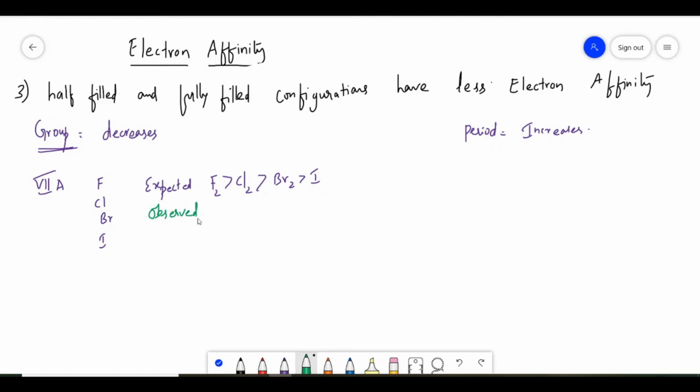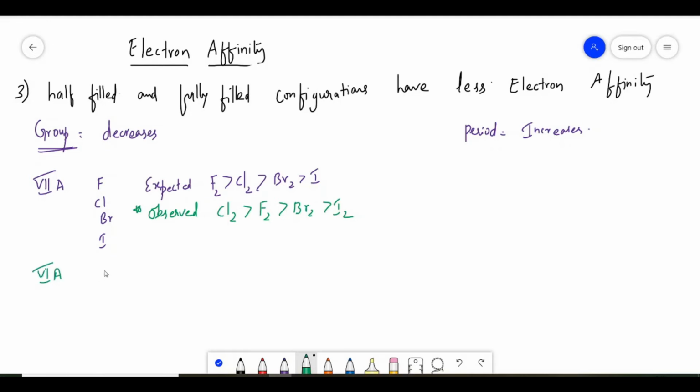So what is the observed means? Chlorine will have more electron affinity than the fluorine, and then we have bromine, and then we have iodine. So this is a very, very important exception. And in the same way, if you take 6th group,